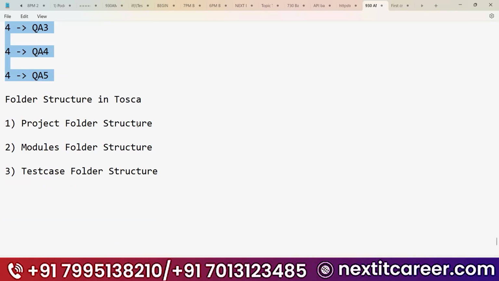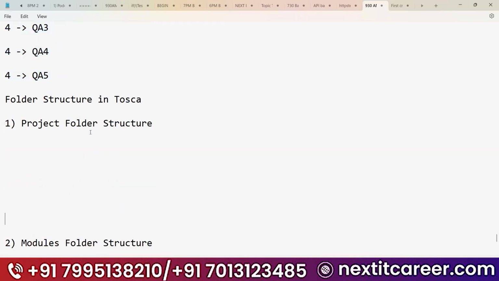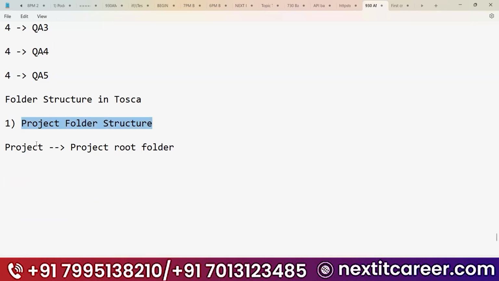That is the project folder structure. Generally, we will create the project folder structure in the project root folder, where you will create the respective project.